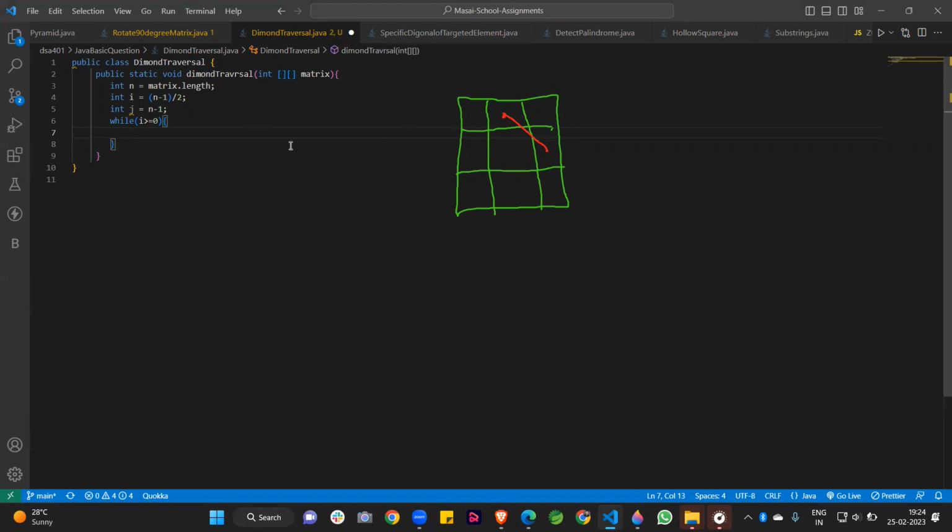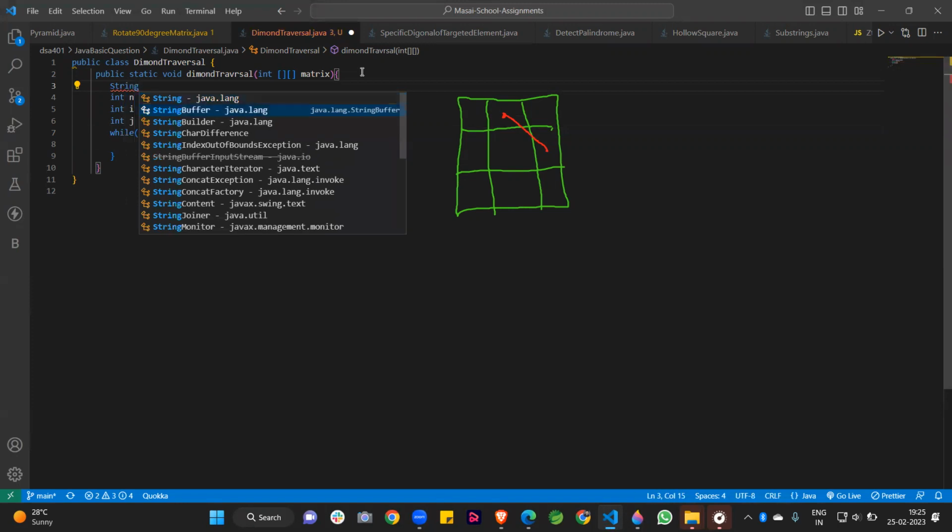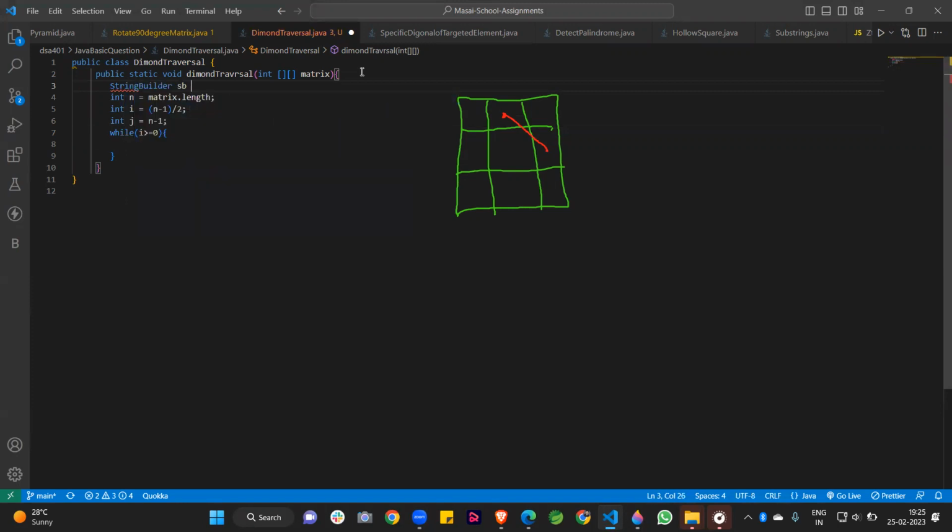At that time, what can we write here, guys? I am creating a StringBuilder for appending the result. StringBuilder sb is equal to new StringBuilder. So in the StringBuilder, we are appending our result.